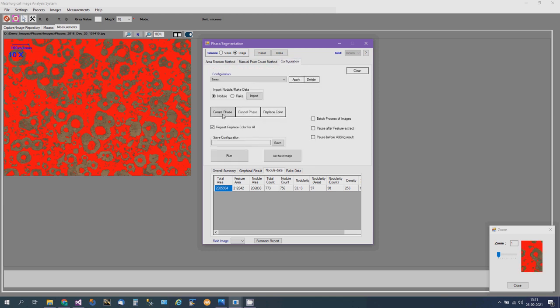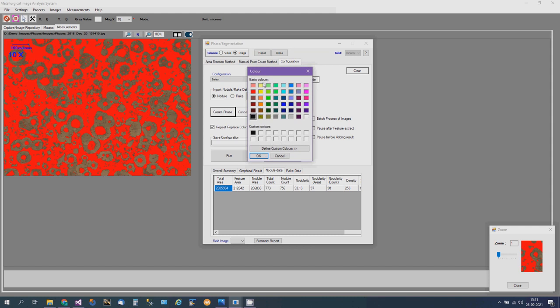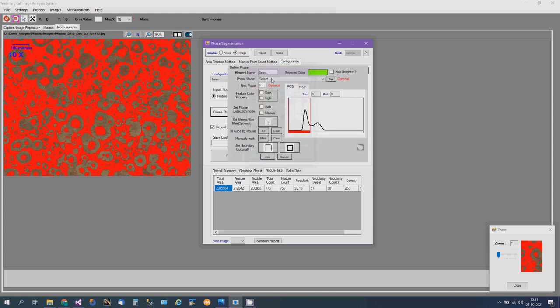I am also going to create a phase for ferrite. I will mark it using yellow. You can choose any color. I will mark it with green, let us say. So red for pearlite, green for ferrite. Mark it as Fe. So if I just click auto, what the system does is it will take the remaining